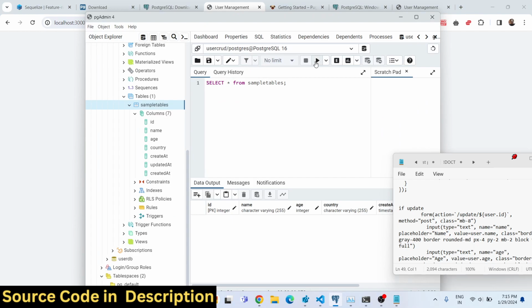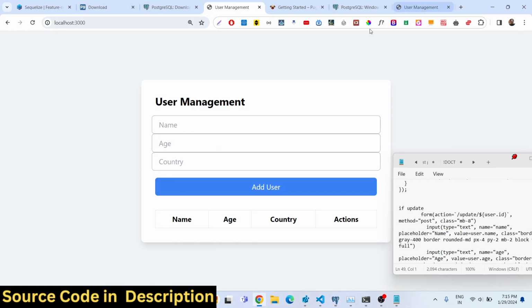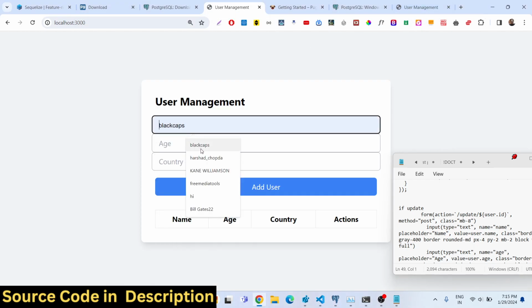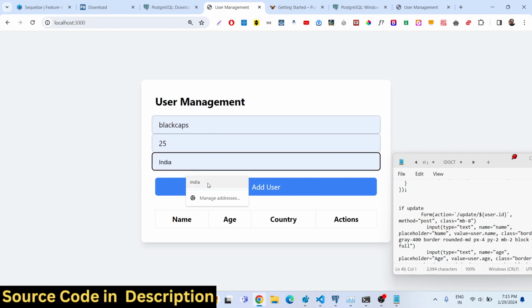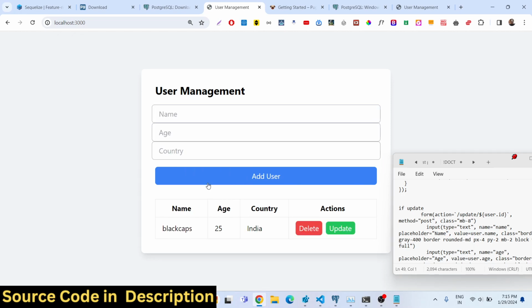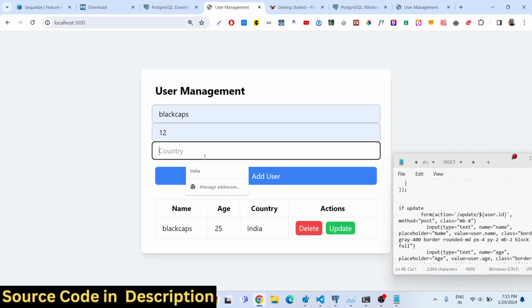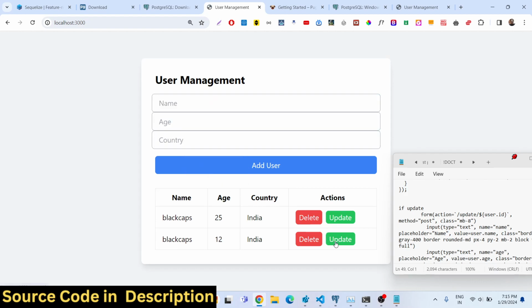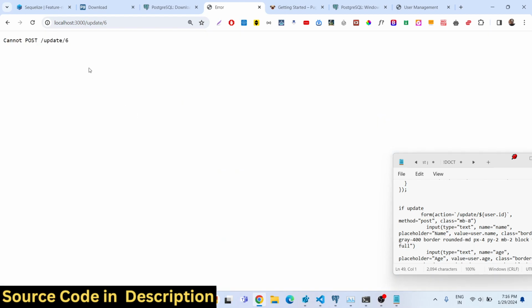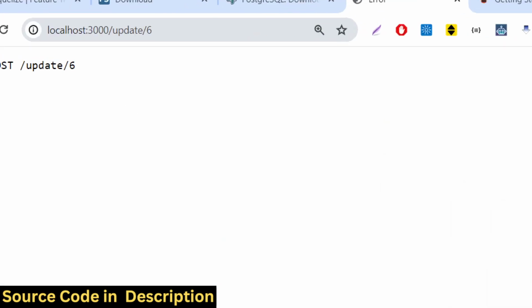And if I see nothing, no records are present here, and if I try to add some records, you can see one record is added. And if I click update, you will now see it already populates the values here. If I change the age here to 67 and click on update user, you will see now